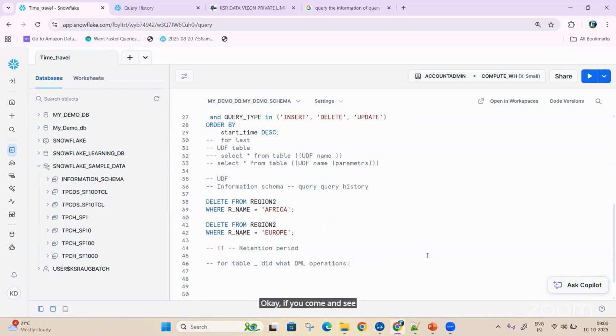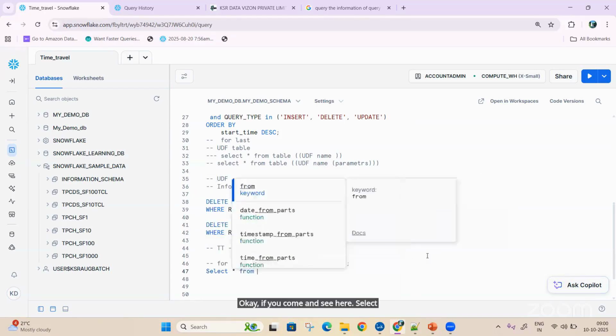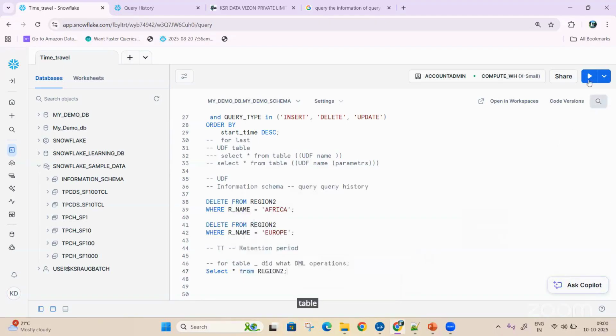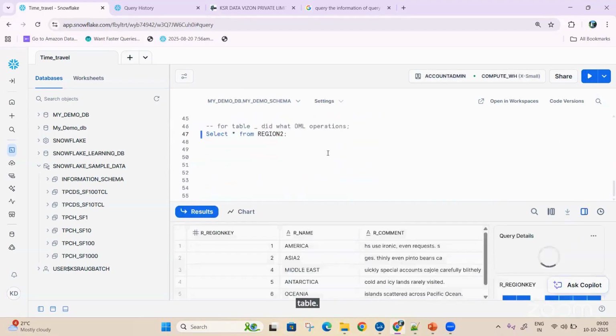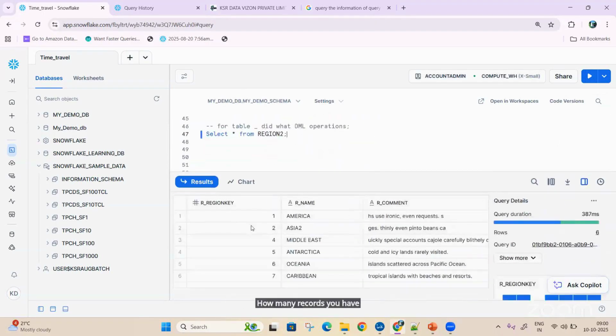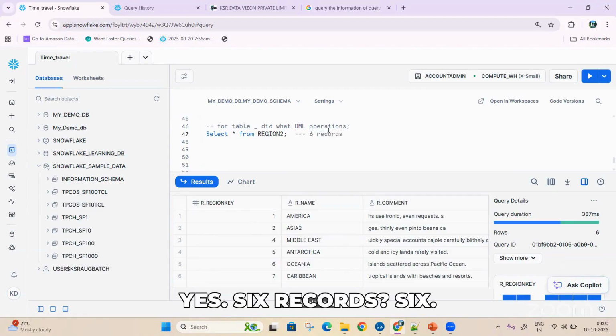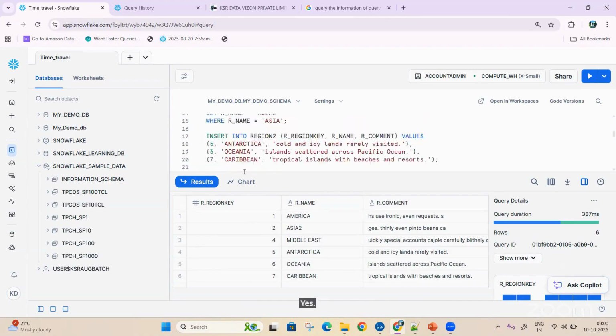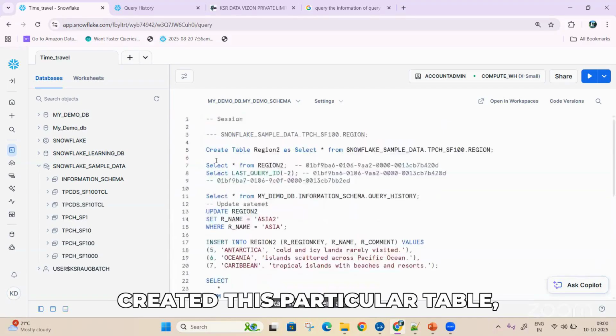See here, select star from table. How many records do you have now? 6 records are there. Yes or no? Yes. You have 6 records? Yes. Okay. When I created this particular table,